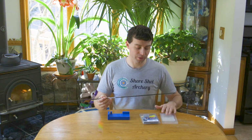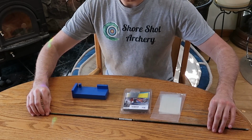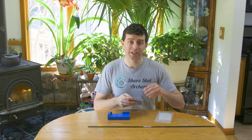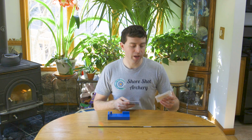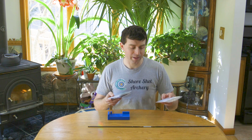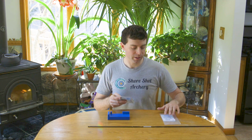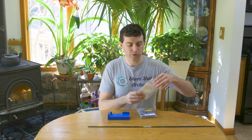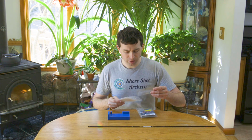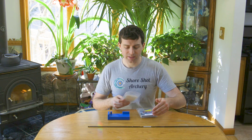Now, first off, what you're going to need, of course, the TriFletch. You're going to need an arrow that matches the TriFletch spacing, because the spacing will change. So if you got a TriFletch, say 55, if they make that size, it wouldn't fit the Easton X10 because the TriFletches on this are spaced in such a way that they wrap perfectly around the Easton X10,